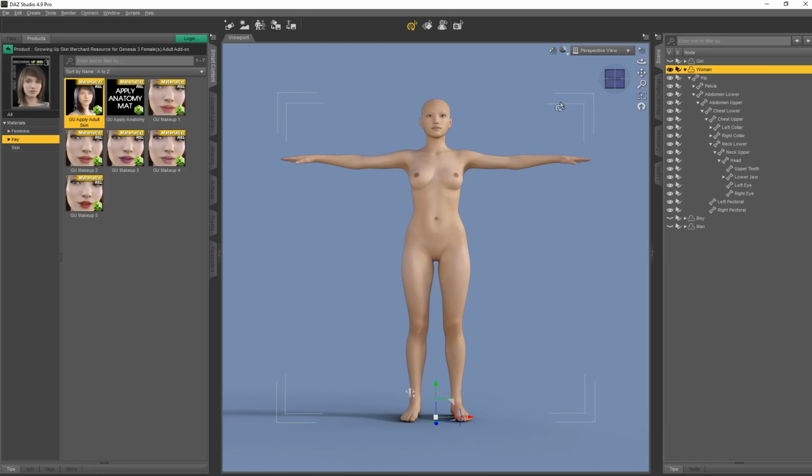So, and you can see this is also still a very clean skin, probably also best used for more young